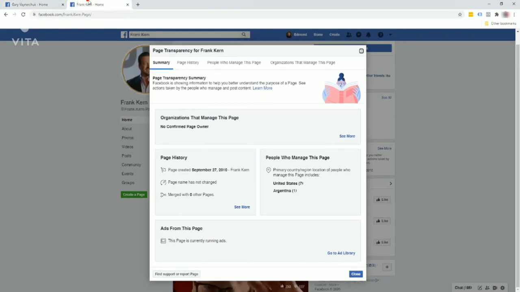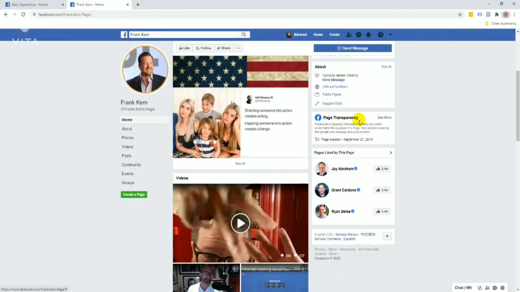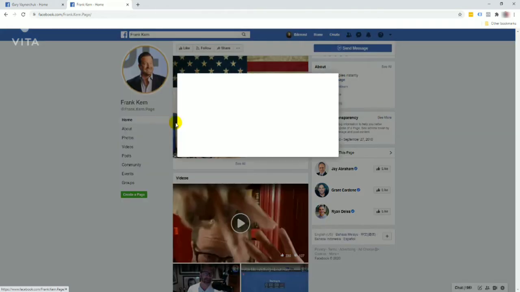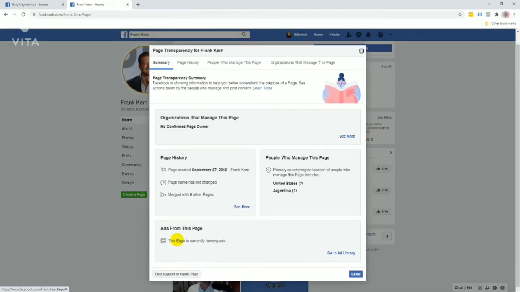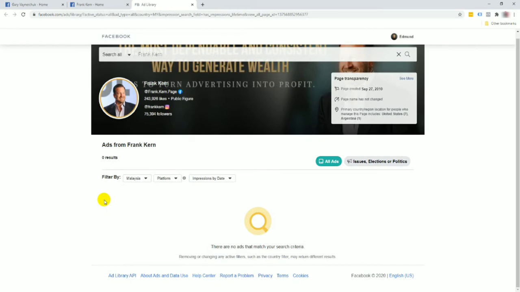So let's go check out another example. This is by renowned internet entrepreneur Frank Kern, and let's take a look at page transparency again. And you can see that this page is currently running ads. So if you want to take a look at what kind of advertisements this page is running at the present time, we'll click on go to ad library, and we'll take a look at the advertisements that are being run by the page, but normally the filter would